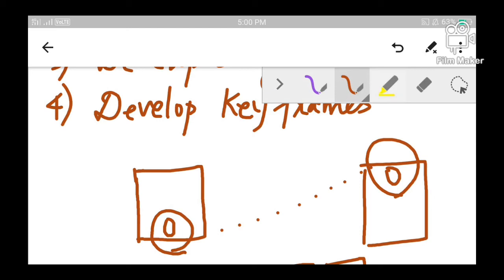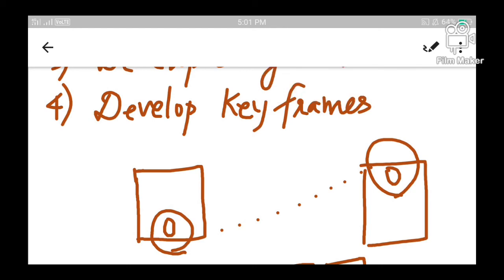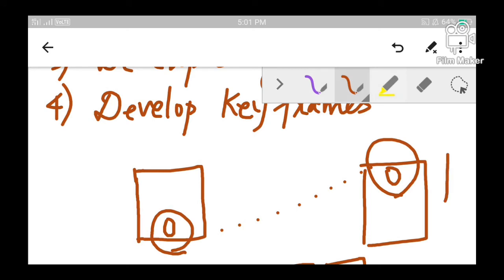These are the different positions through which the object might have traversed to reach its final position. So after identifying the frames that would come in between, they have to be created manually or using machines, and they have to be implanted in between these two keyframes. So the process of inducing all the sub frames between two keyframes is called in-betweening.